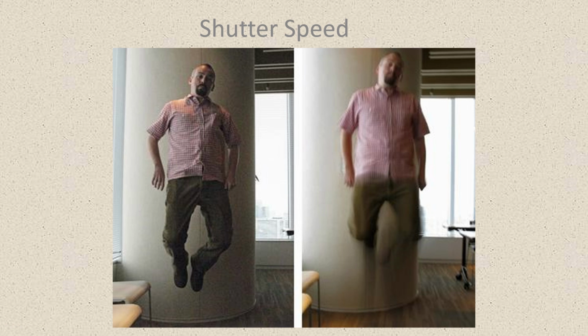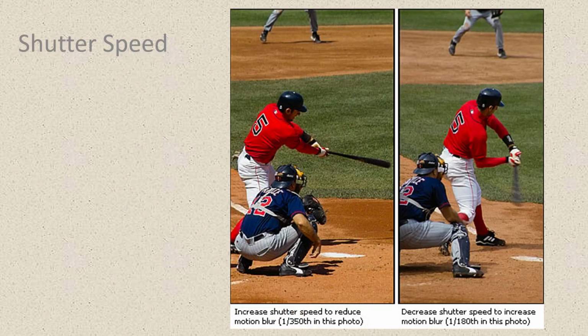The lower the shutter speed, the more motion blur you're going to get. The higher shutter speed, the less motion blur you're going to get. In fact, look at these two images. A higher shutter speed at 1/350th here, looks like the bat is holding still. At 1/180th, a lower shutter speed, you get some motion blur going across the bat. So once again, exposure. And still photographers oftentimes use higher shutter speed just to get a nice sharp image, but